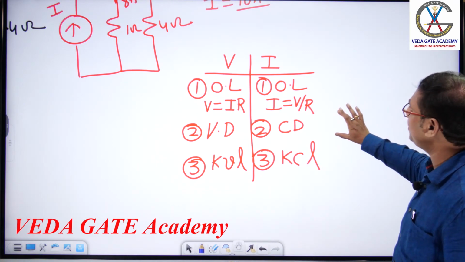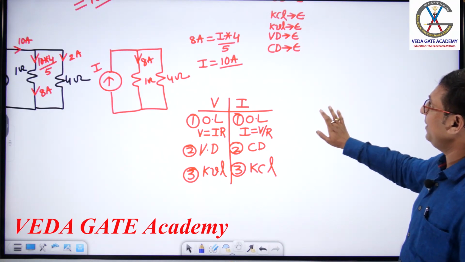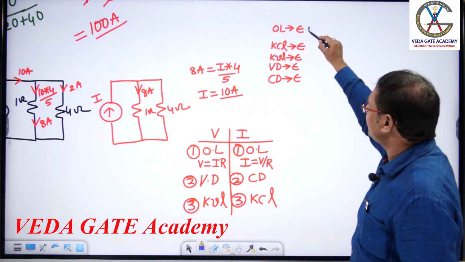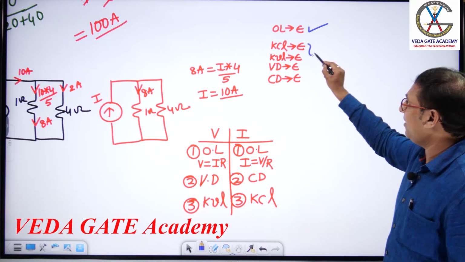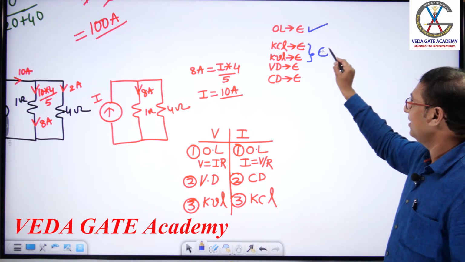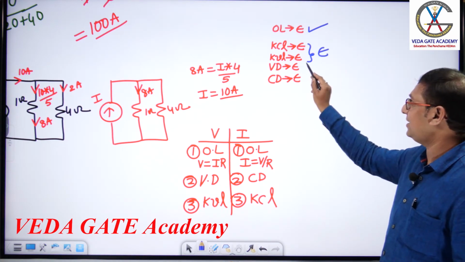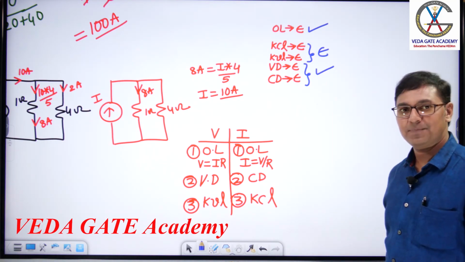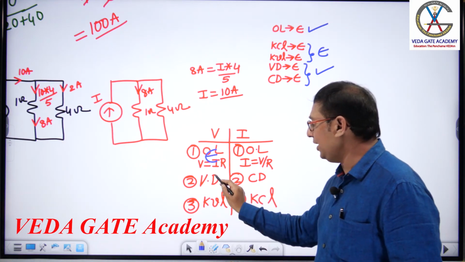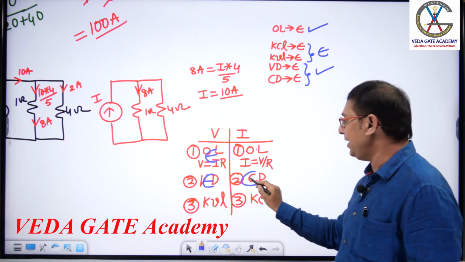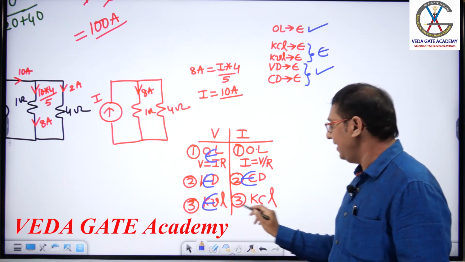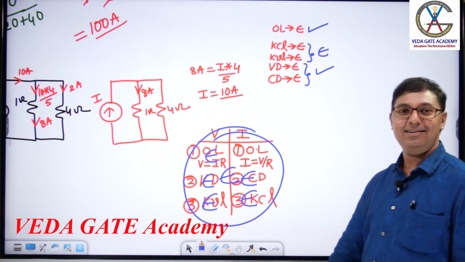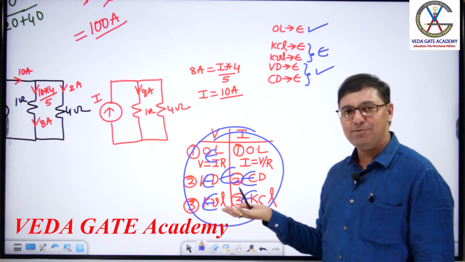Please have a look at the table which you have written earlier. Look at this table and tell me, sir. Ohm's law, easy or difficult? Easy. KCL, KVL, which are simply additions, easy or difficult? It's easy, sir. Voltage division, current division, just a multiplication in the numerator, addition in the denominator, and a division, obviously it's easy. Ohm's law, easy. Voltage division, easy. Current division, easy. KVL, easy. KCL, easy. Now you tell me, the entire network subject, easy. That's it, sir. Entire network subject, easy.